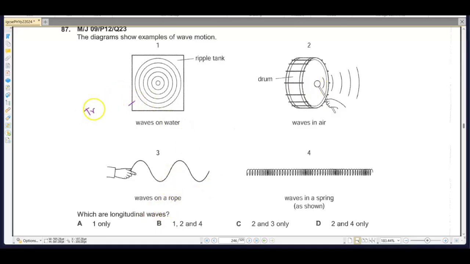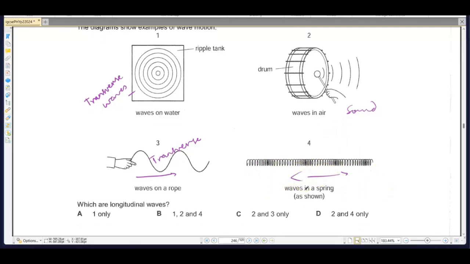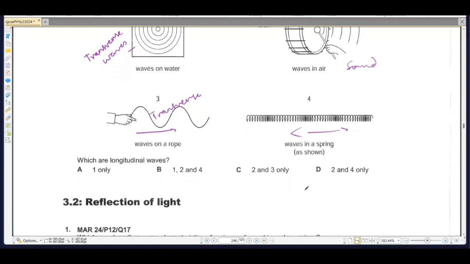So water waves are an example of transverse waves. And this up and down movement, the direction of the vibration being perpendicular to the direction of the movement of the wave, is also a phenomenon experienced in transverse waves. These are sound waves, which are longitudinal waves, and these are longitudinal waves as well, which show the direction of the vibration to be parallel to the movement of the wave. So the longitudinal waves would be 2 and 4. So D is our correct option, and this brings us to the end of the topic, general properties of waves,